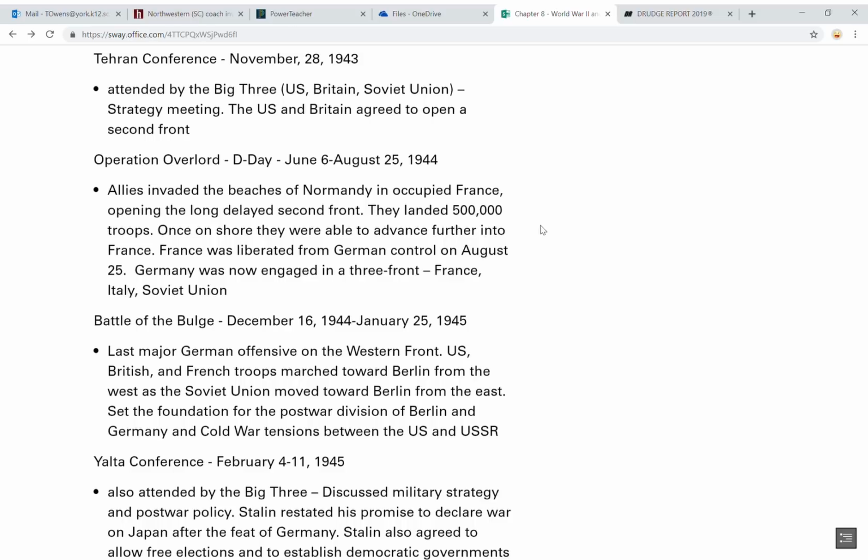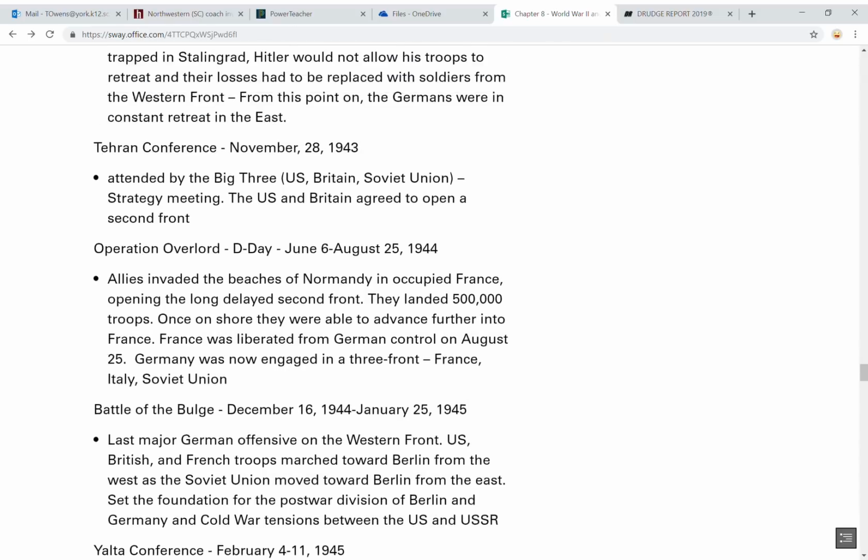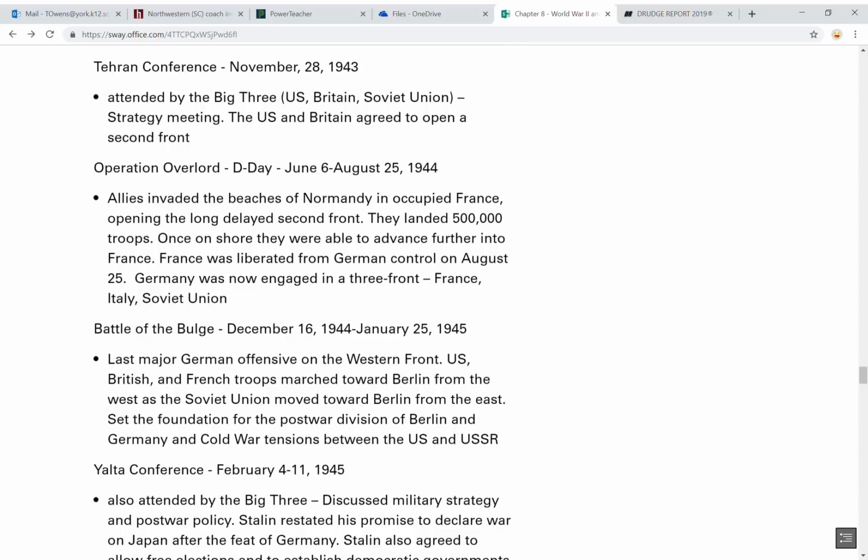Rommel, who was actually in charge, he was the German commander in North Africa. He had escaped North Africa and came back, and he's trying his best to tell Hitler, it's coming from Normandy. That's the place that makes the most sense. That's the place where you have the best landing zone. But Hitler's convinced. Another way that they tried to convince Hitler that it was coming through northern France was,